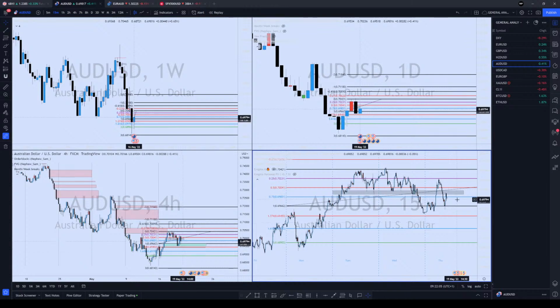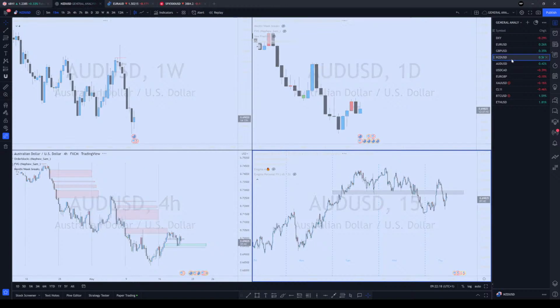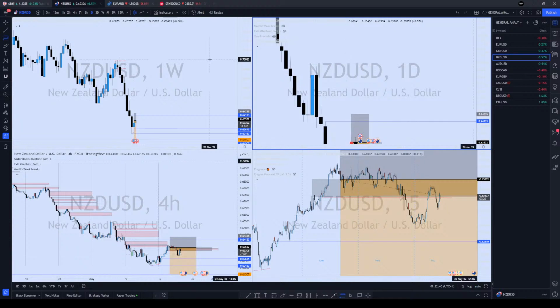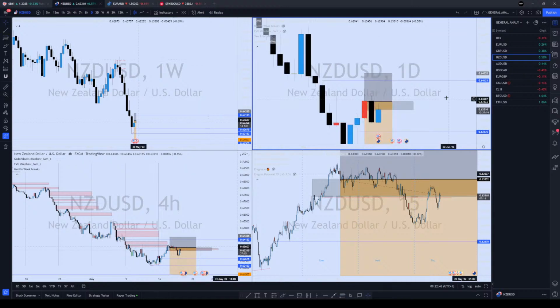So Aussie, I'm looking for price to come and sweep this low and potentially drop to this level here, and that will be the same for New Zealand. If you project this up candle, kind of seems to get it right. Let me zoom in. So if you project that,